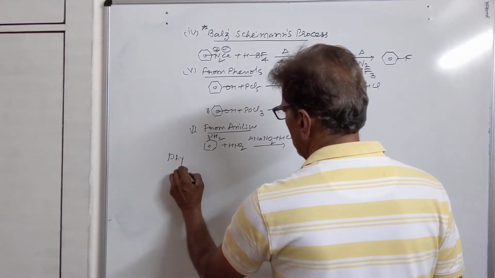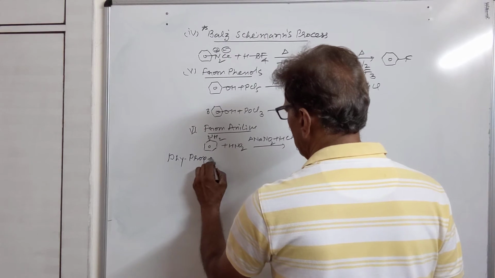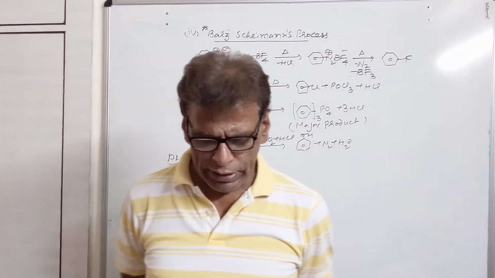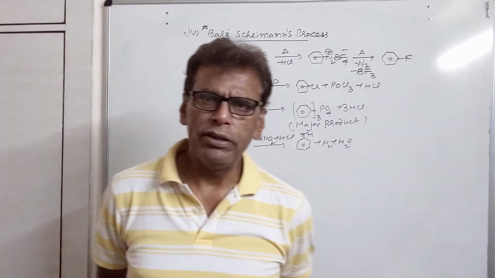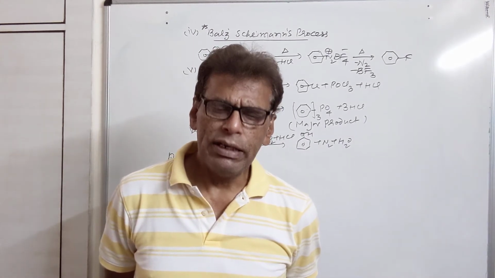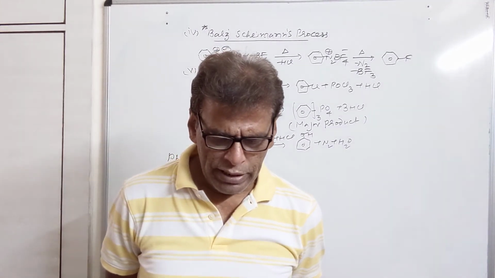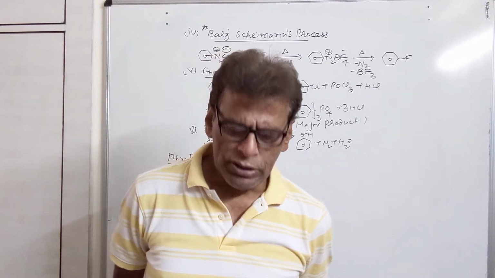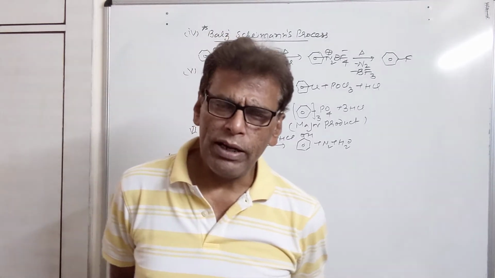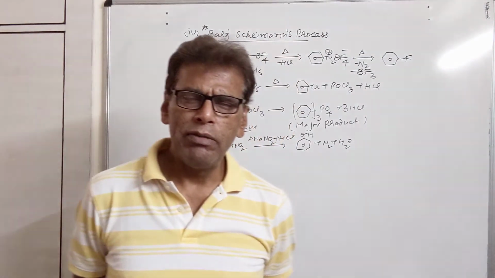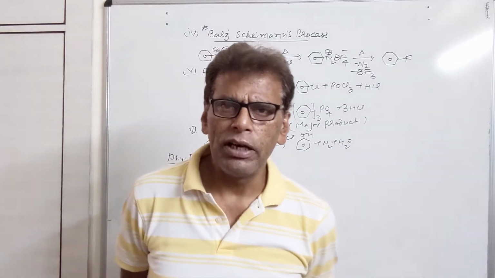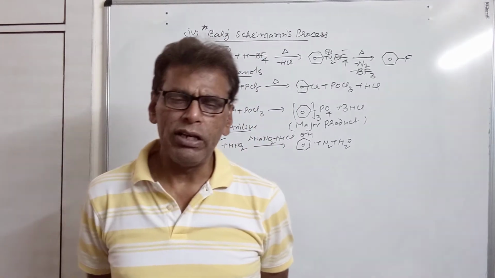Then we have physical properties of aryl halides. Aryl halides are generally colorless gases or liquids. Sometimes they become solid, generally iodobenzene. They are heavier than water and are insoluble in water. They have high densities due to high molecular masses. They have high melting and boiling points. The melting point of para isomers is comparatively more than that of ortho and meta isomers. It is because of the symmetrical packing of the para isomers in the solid lattice.